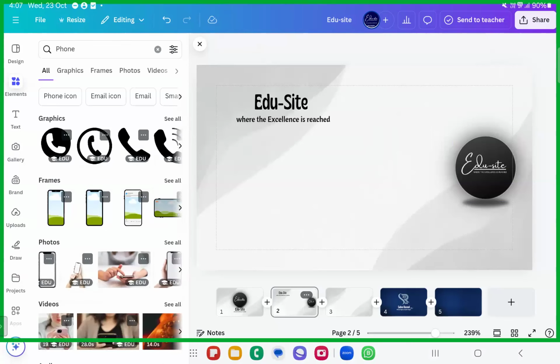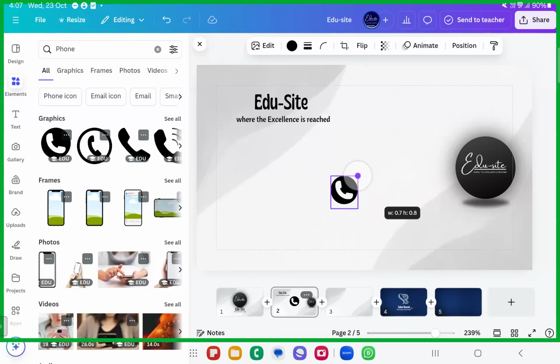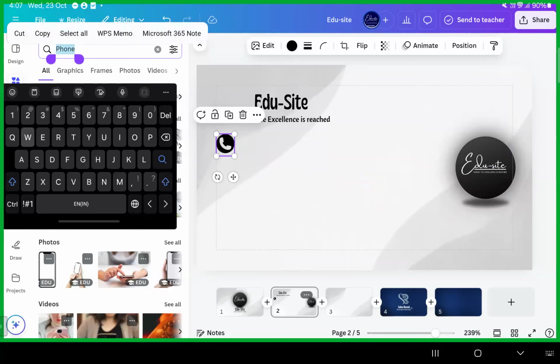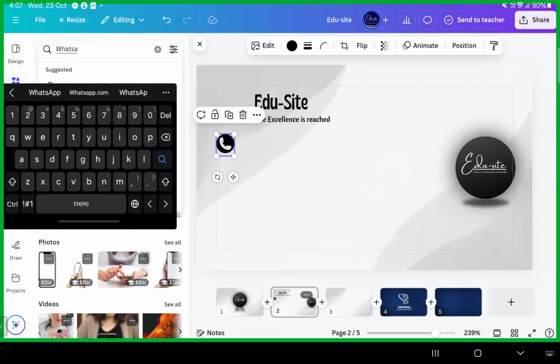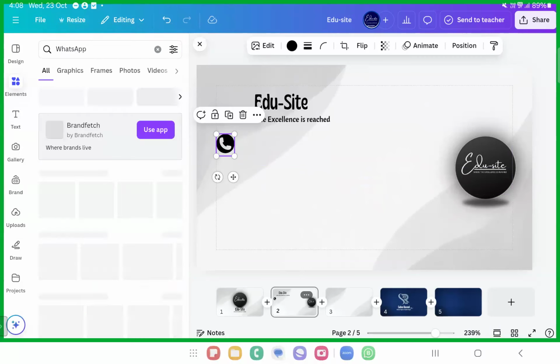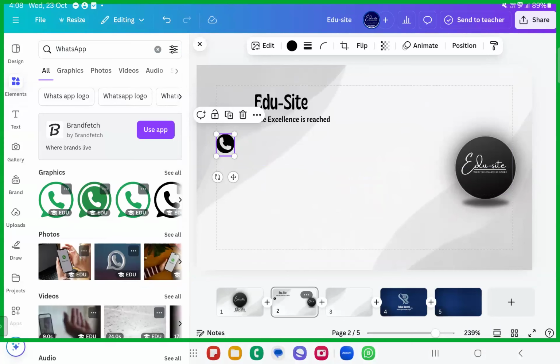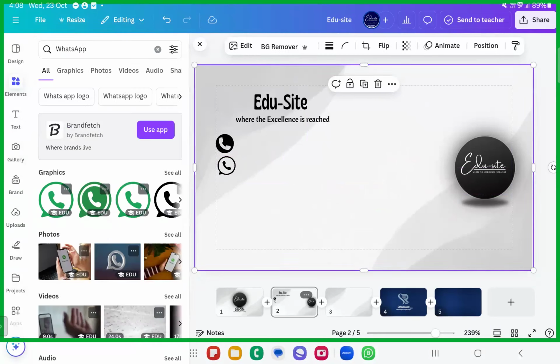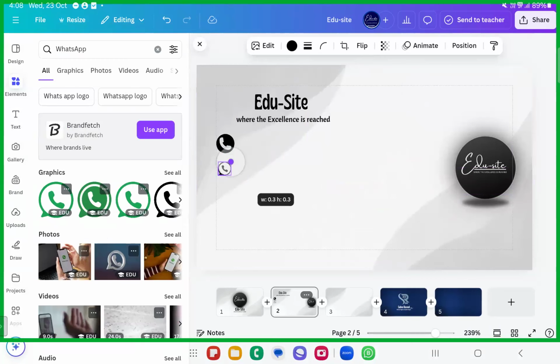We are taking this so slow today so that you will all do one thing for yourself, inshallah. Phone. Make sure it's inside the margin, okay? Then if you want the WhatsApp number, if it is something separate, you can go ahead with the WhatsApp number if you want. Make sure the colors match, remember the colors. If one is black, don't take another one as green, fine? So make sure the other one is black as well. Something like this. So this is the WhatsApp symbol.